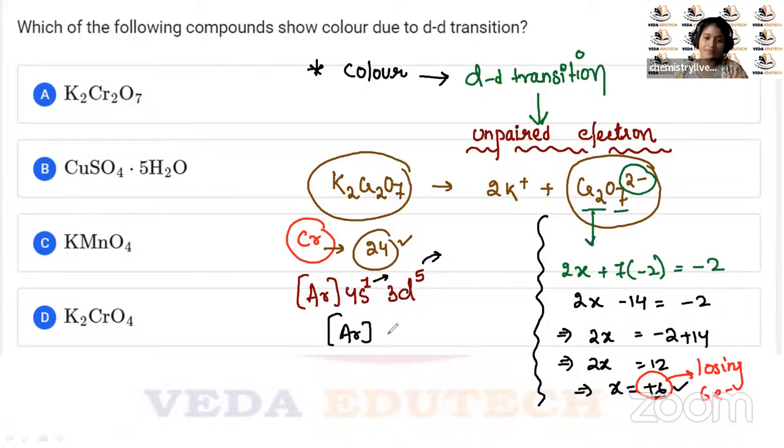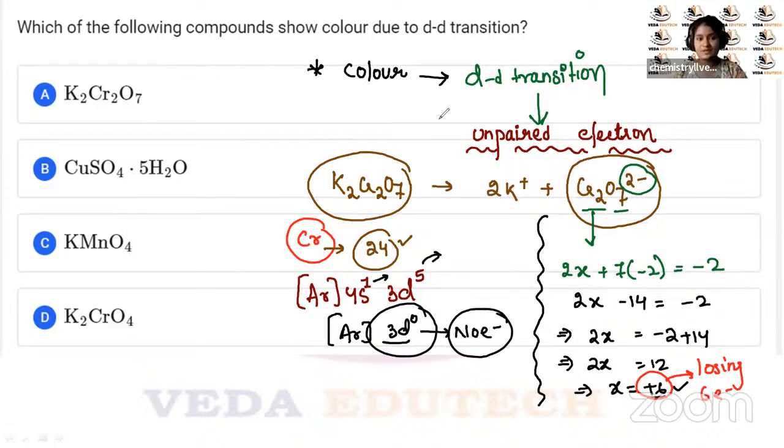आर्गन हो जाएगा और d में कुछ इलेक्ट्रॉन बचेगा ही नहीं, तो अनपेयर्ड पेयर्ड की बात ही नहीं आएगी। सो नो इलेक्ट्रॉन्स, सो नो dd ट्रांजिशन पॉसिबल हियर। इलेक्ट्रॉन ही नहीं है, पेयरिंग की बात बाद में होगी, तो नो इलेक्ट्रॉन्स हियर। सो अगेन देयर इज नो dd ट्रांजिशन हियर, राइट।